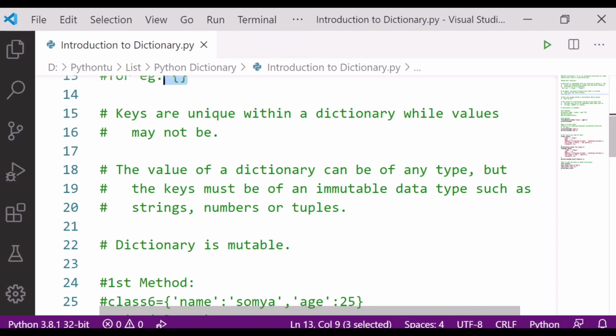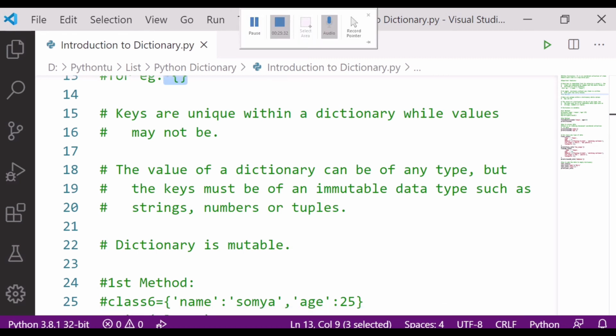So we have to take care of these important points. These are the important rules for using keys in a Python dictionary, the rules that keys must follow. Thank you. I hope it is clear to you.